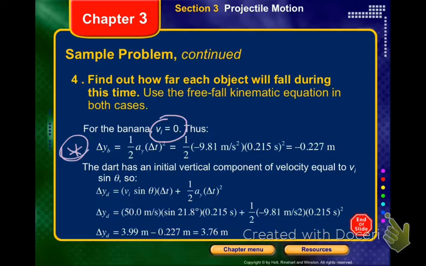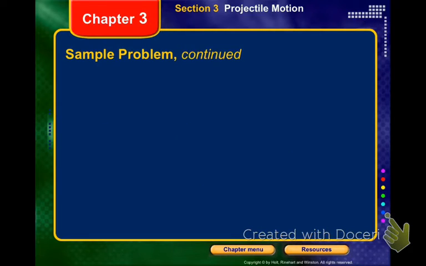And then it shows the dart. The dart did have an initial velocity, so we had to go with an equation that took into account the angle of the dart, how long the dart was in the air, and also acceleration due to gravity. So you do have delta y, which is vertical for the banana and vertical for the dart. And to figure out what the dart is going to hit,